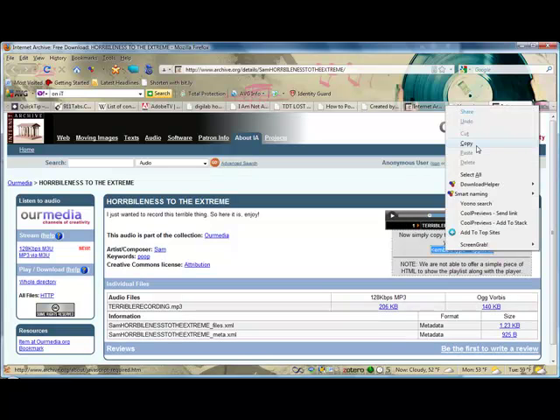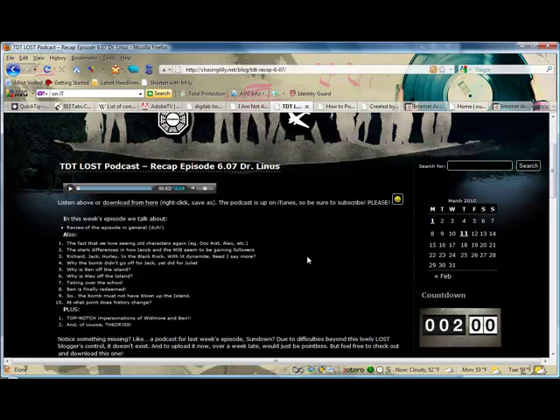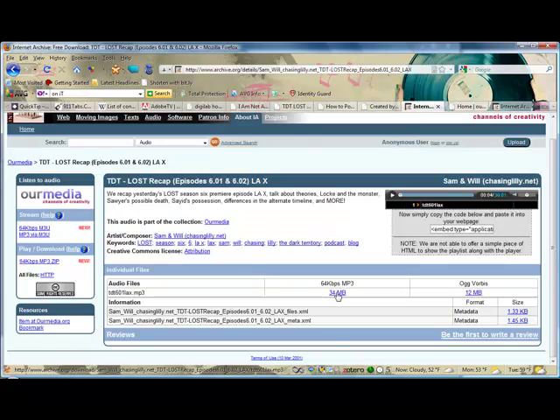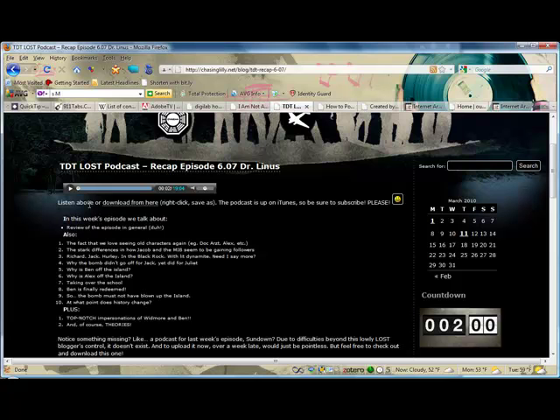And so then here I would go in here. I could copy this embed code right here, copy it, and I could go right over to the HTML and copy and paste it directly in. And I could also go down here. Here is the direct link to, wrong one. Here's the direct link to the MP3 file. So I could go in here, copy link location, and put it as a hyperlink right into the download from here, right click save as. That's how I did that. So the rest of it is I just write the post. I put a little transcript of what happens in the episode, and that's really it.